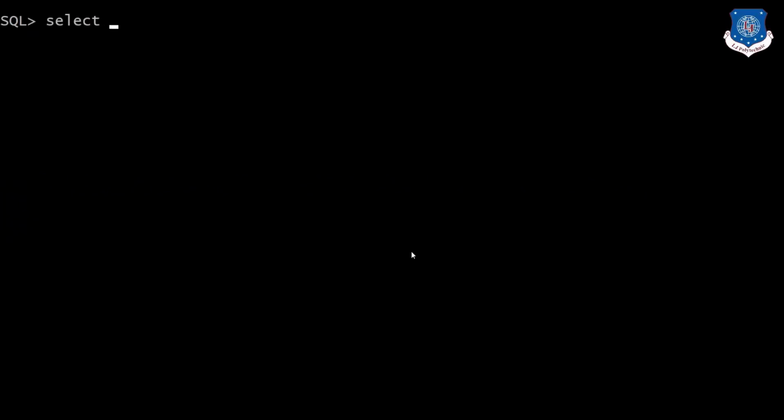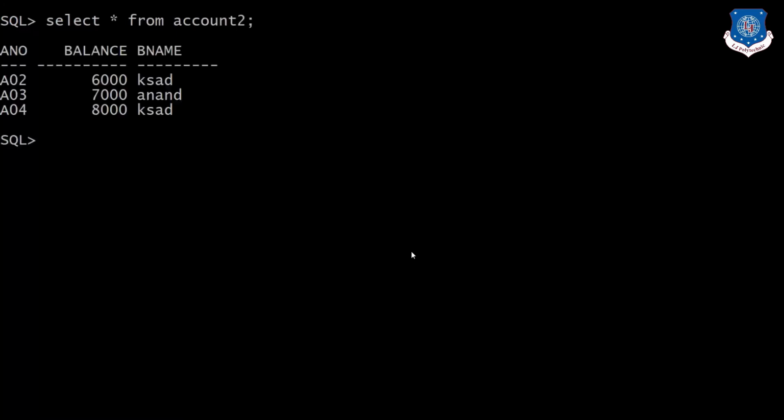Now we will understand how we can update records of a table. For that we need to use the update query. The update command works like: update table name, that is account2, set balance. The set clause specifies which column data is to be modified.